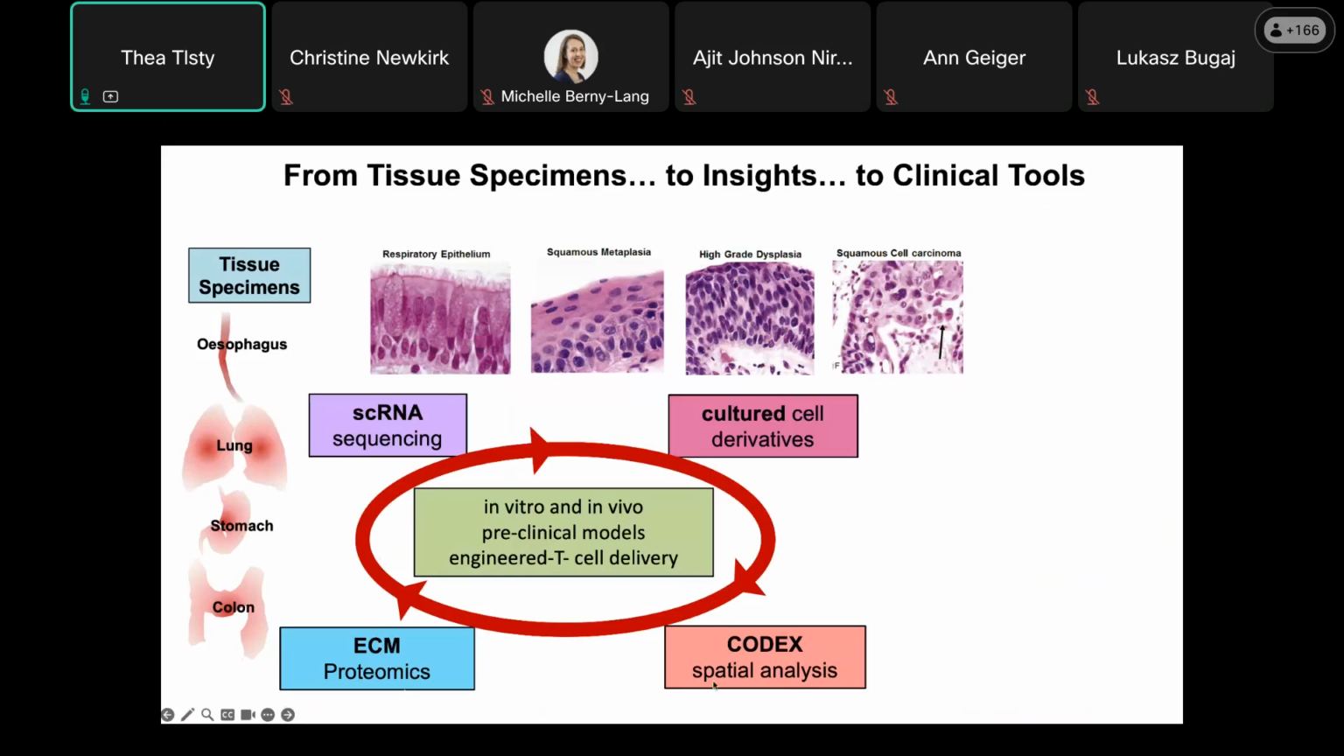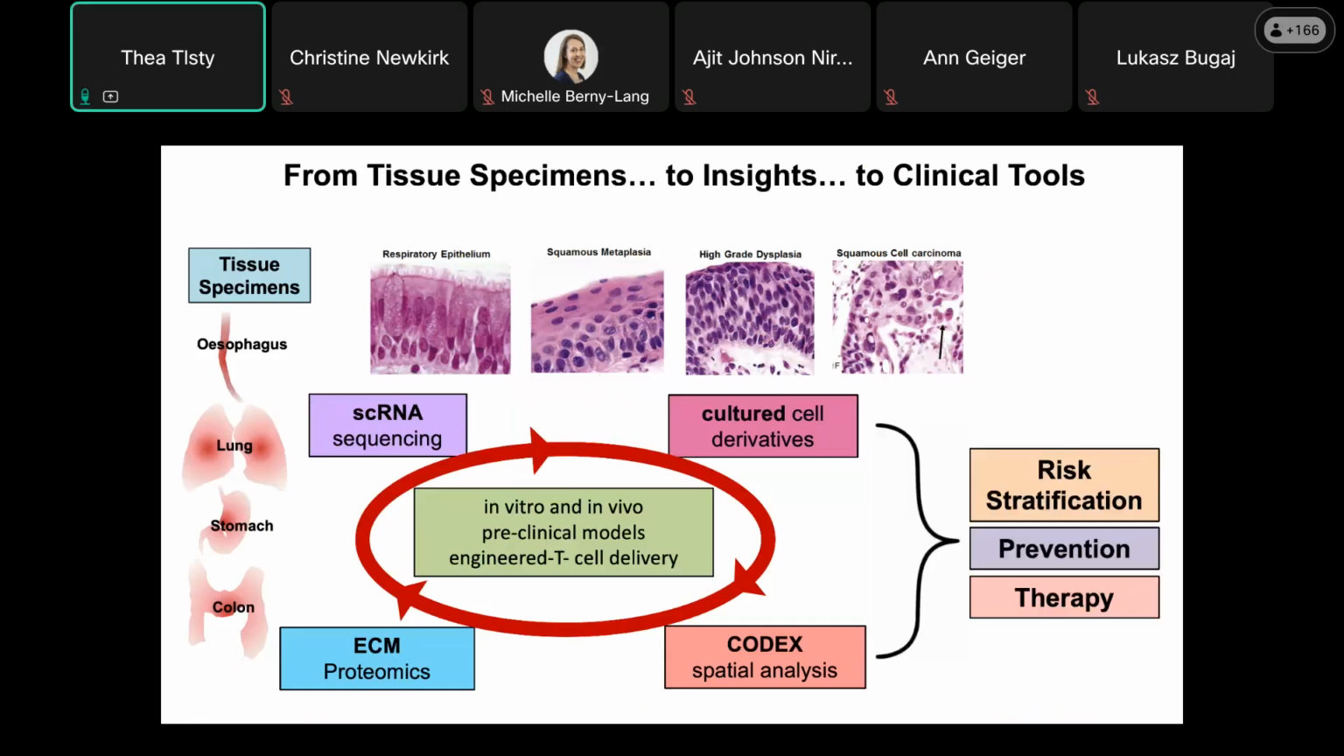With Gary Nolan, what we've done is spatial transcriptomics with Codex. And much as I showed you for those prostate and breast studies, we can isolate derivatives of these cells and do mix and match experiments and ask what happens. All of this is to generate in vitro and in vivo preclinical models so that we can attain our